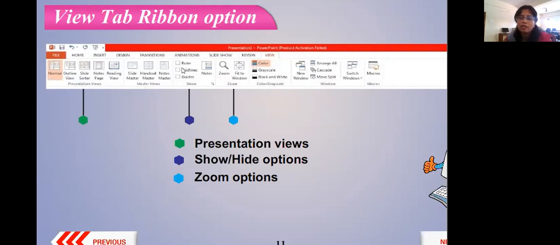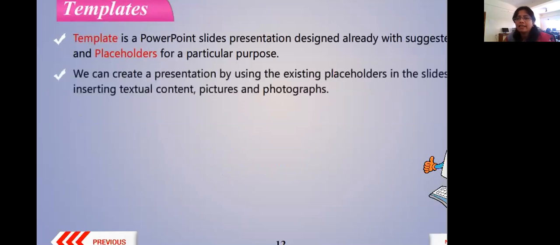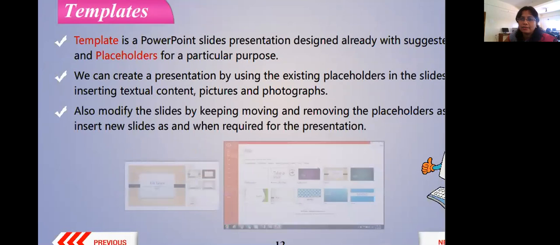Yes, and then on your slide you may want to see the ruler. Ruler is nothing but your scale to see the measurements of your slides. Then you may want to have guidelines, guides also. If you want to add an extra note, a subtitle or small notes regarding one point, you can. If you want to zoom in or zoom out your slides, you have options over here. You have different color options for your slides too. So these things are available in your View tab.